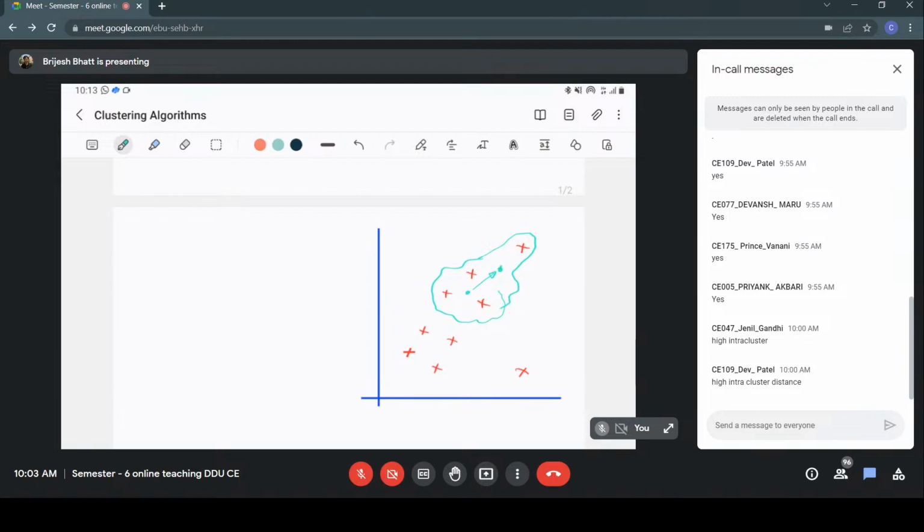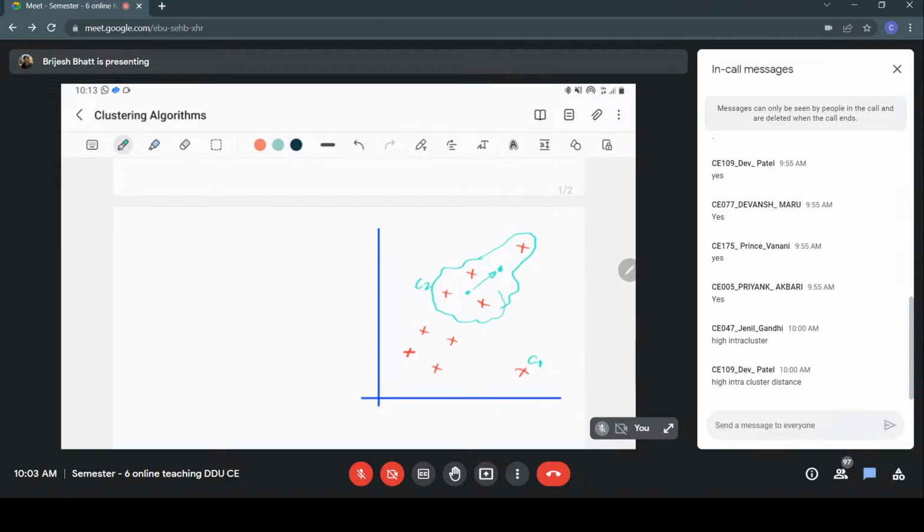Plus, if unfortunately when you're randomly selecting the means in k-means, you end up selecting outliers, then all your calculations will be very bad. For example, if this is selected as cluster head, then you won't be able to do much, right? This will remain the same. Then if you start with this cluster head and this cluster head,